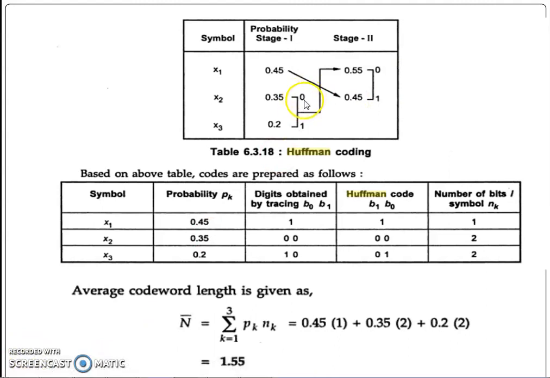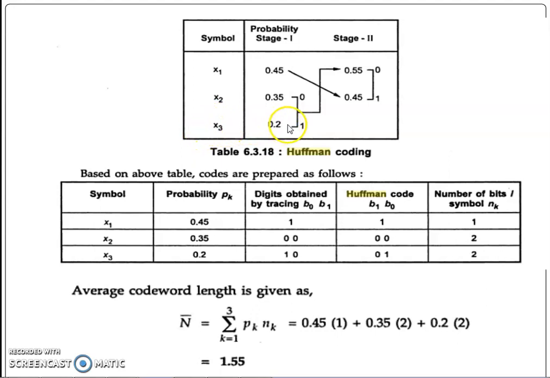Assign 0 on the top and assign 1 below. Again for this case also, assign 0 on top, assign 1 below. Now just refer to this table. The first column of the table is the symbol. As you know, there are 3 symbols with their respective probabilities given in the numerical. Whenever we have to decide the Huffman code for a given symbol, you have to do the coding from top to bottom. Suppose I have to calculate the Huffman code for 0.2, or you can say the code for x3.